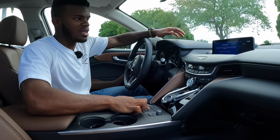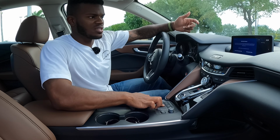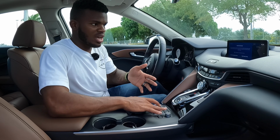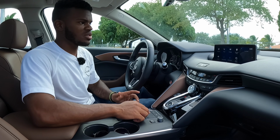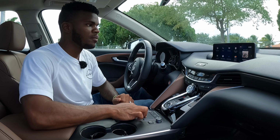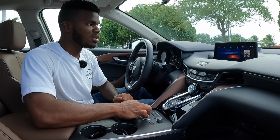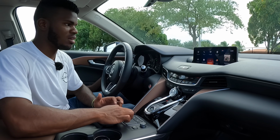You have to use this trackpad here. And honestly, as you guys can see, I'm not a big fan here of the touchscreen because I'm touching the area here and it's kind of wonky in some areas. So I think Acura should offer a touchscreen here. But going here to the Apple CarPlay and going over here, this takes a long